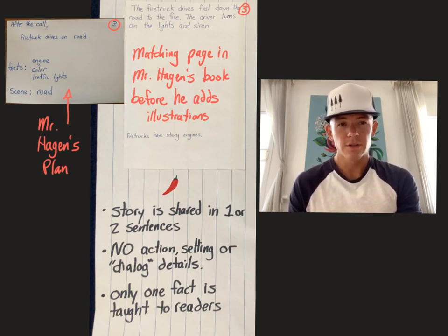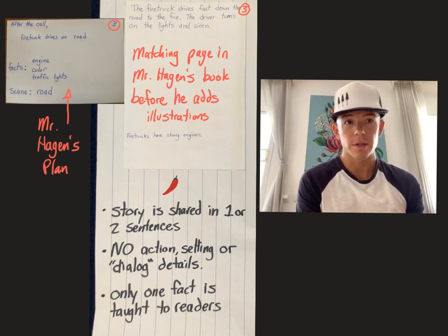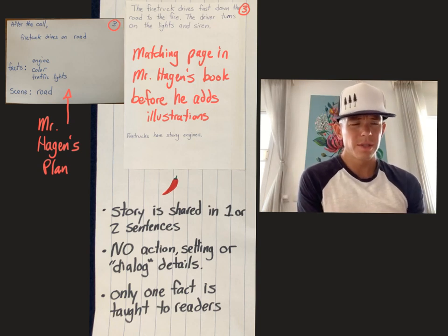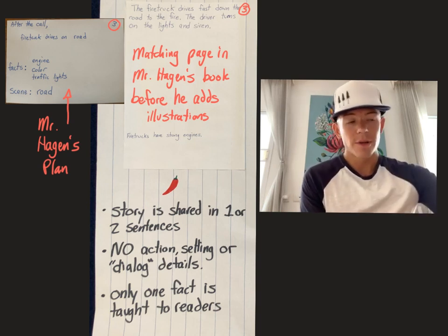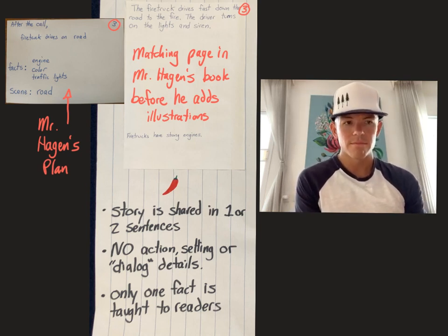So here's the one Chili example. Here's the matching page in my book that matches my plan book. One Chili would be probably what you were writing when you were in first grade, or maybe at the end of first grade or the beginning of second grade. And if you're gonna make yours this short, that's okay, but just know that most of you have the skills